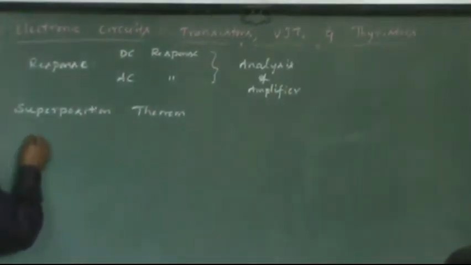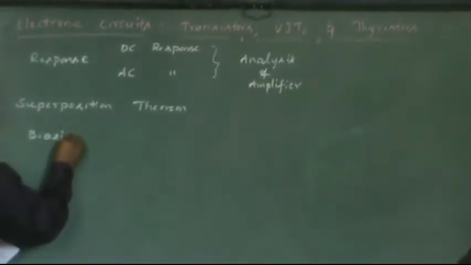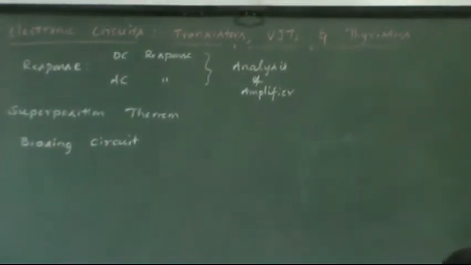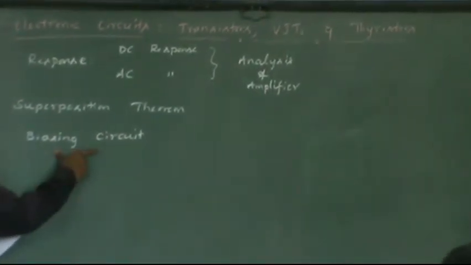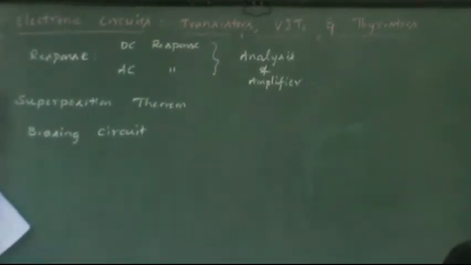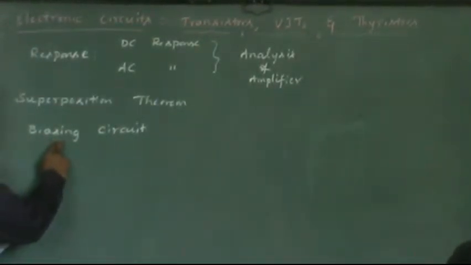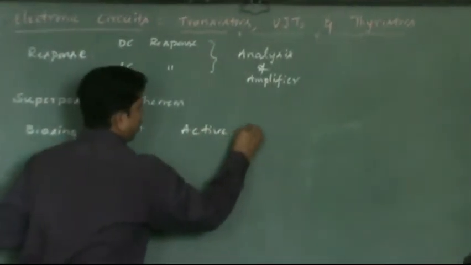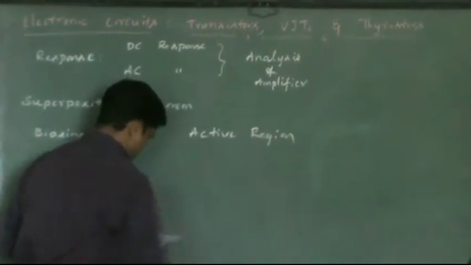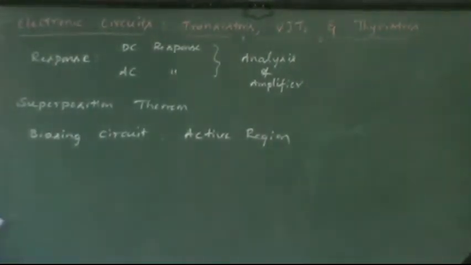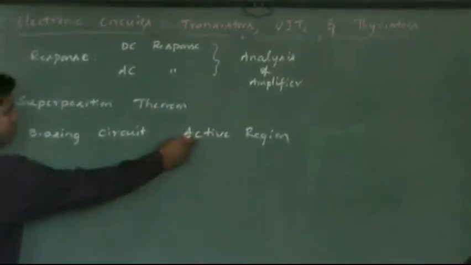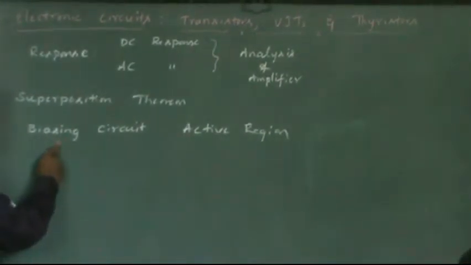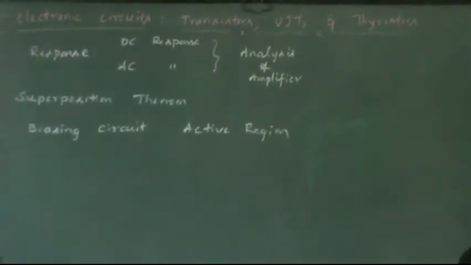Also, we discussed last class the biasing circuit. So a biasing circuit is a circuit which will assist in the, okay, this circuit will contain some components like resistors, capacitors. This circuit will assist the transistor to operate in the active region. Okay, that's important here. For a transistor to act as an amplifier, first of all it must operate in the active region. If you want to make the transistor operate in the active region, you must construct a biasing circuit based on the transistor. Okay, so we'll discuss one by one here.